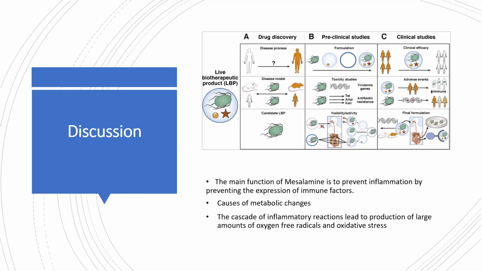The main function of mesalamine is to prevent inflammation by preventing the expression of immune factors. The cascade of inflammatory reaction leads to production of a large amount of oxygen-free radicals and oxidative stress. The image shows a new LBP treatment strategy and